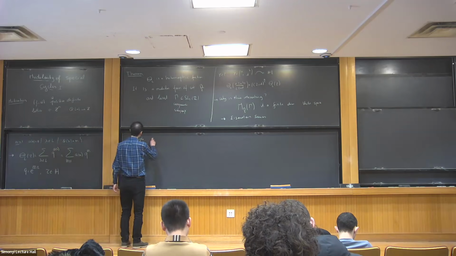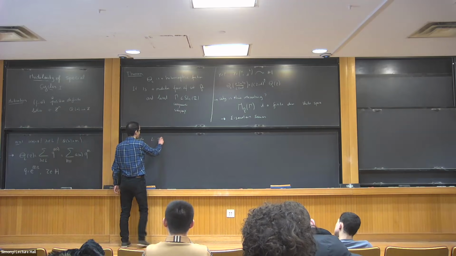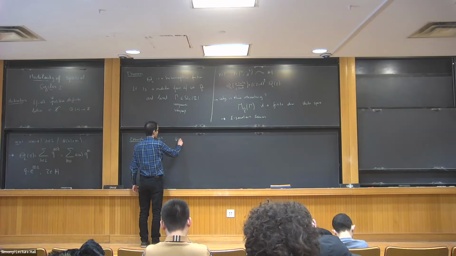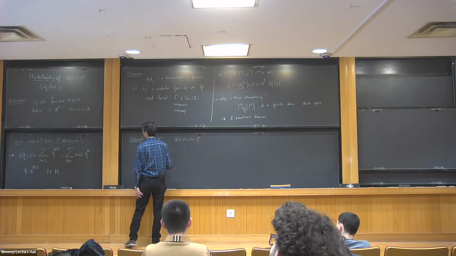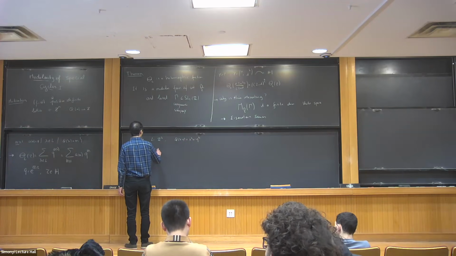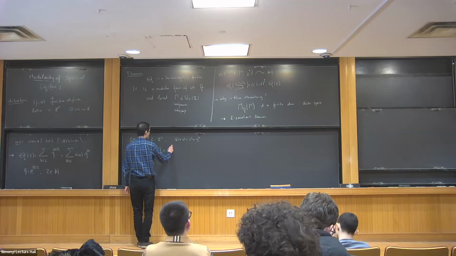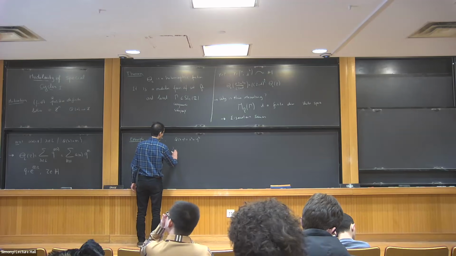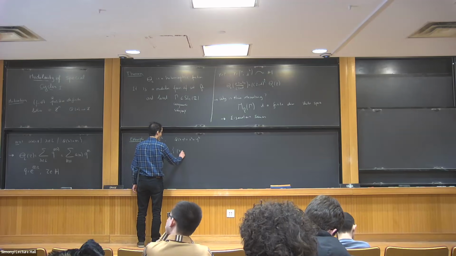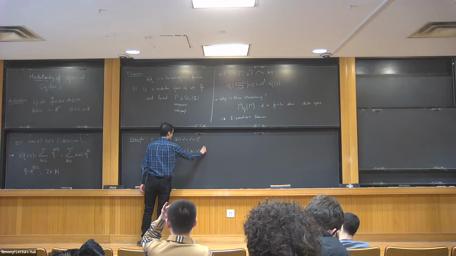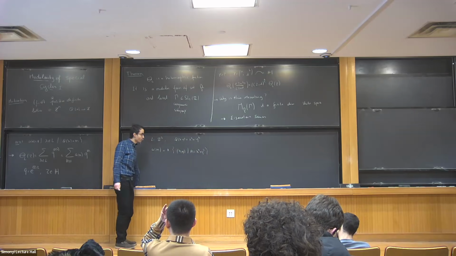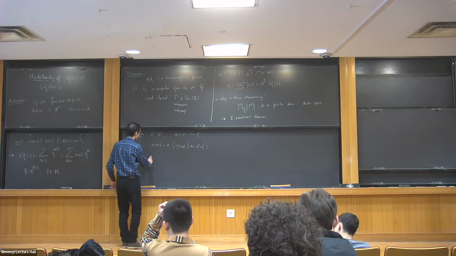So a simple example: the lattice Z with q(x, y) equal to x squared plus y squared. And now this a_n is just the number of ways you can write n as a sum of two squares. Yes, this is the classical example. The theta series in this example